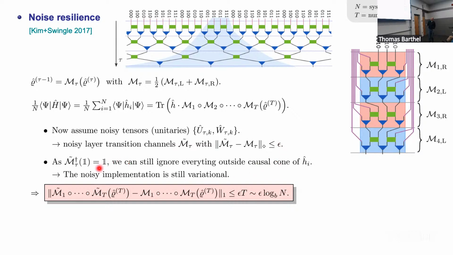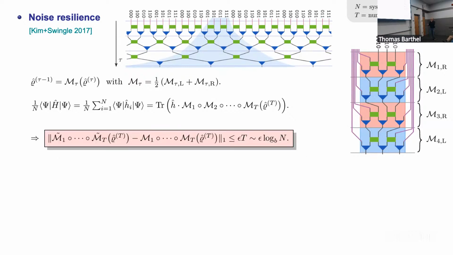Thanks to the fact that this is still a valid quantum channel, we can still remove everything that's outside the causal cone, and the noisy implementation is still variational. So although we have noise, we can still trust the results. And we can also bound the error. In the simplest case, you can just expand this in a telescoping sum, and you would get epsilon error times the number of layers in the MERA. So the error grows, in this case, logarithmically in the system size, which already is good, but actually